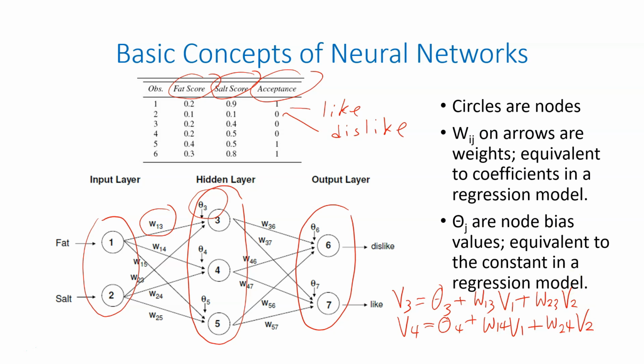Now pause the video and try to come up with the mathematical formulas for computing the weighted sums for nodes 5, 6, and 7 yourself. Please keep in mind that the weighted sums may or may not be the final values for the nodes. In most cases, some forms of transformation will be applied to the weighted sums in order to derive the final values for the nodes, and we will illustrate that later in our example.